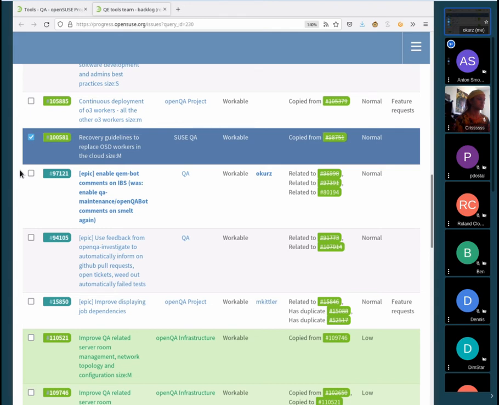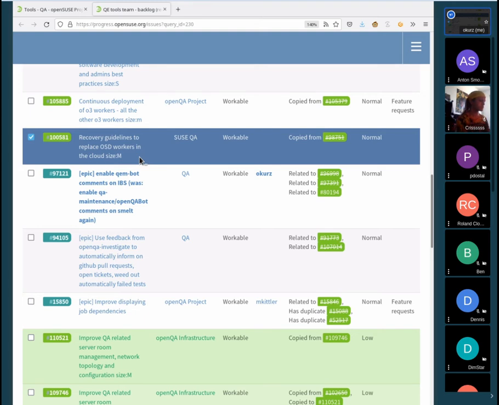Yeah, right. Sorry. So the important part that you mentioned there is that, of course, when we want to test something, then we need the something, which is repositories, ISO files, the actual requests from OBS and IBS. So that's a separate task that is not displayed there. Honestly, I don't know right now. It could be that we have that in one of the backlog stories. It could be that this is planned for something. So yes, you're right. What is out of scope for OSD workers is getting the actual test assets.